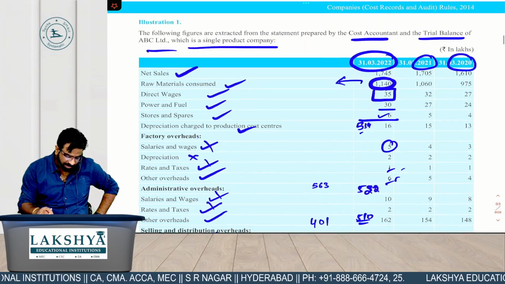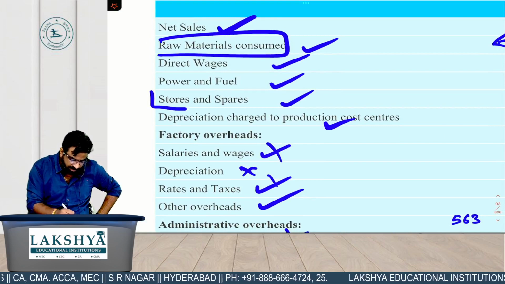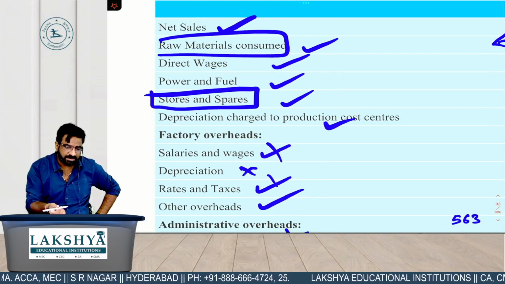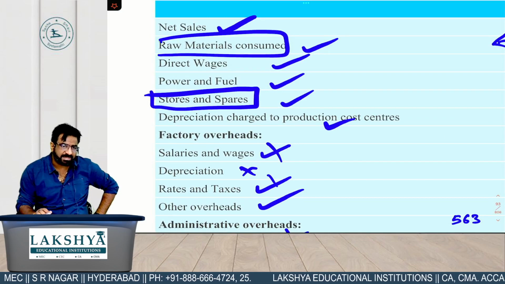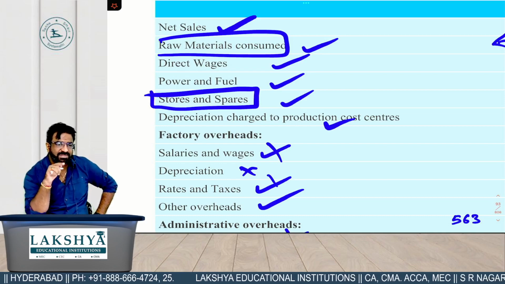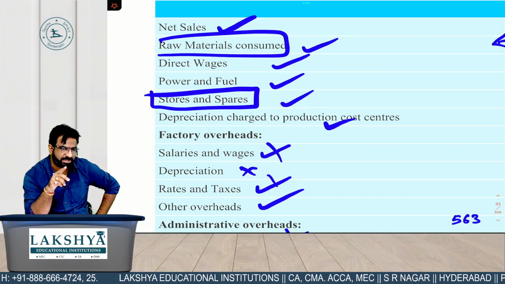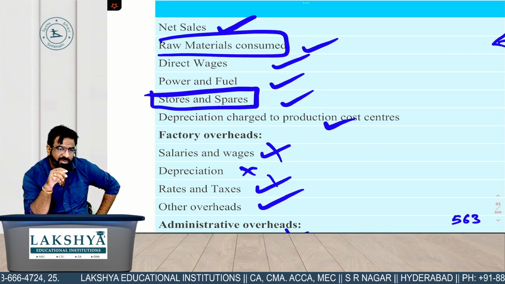हाँ, तो हम लोग रॉ मटेरियल कंज्यूम माइनस कर रहे हैं ना. रॉ मटेरियल कंज्यूम में रॉ मटेरियल कंज्यूम प्लस स्टोर्स एंड स्पेयर्स. डायरेक्ट वेजेस कहाँ आएंगे? दैट इज एन एक्सपेंडिचर, दैट इज नॉट अ रॉ मटेरियल कंजम्पशन ना. डायरेक्ट वेजेस you will consider when you are calculating the operating profit, not the value addition. Direct wages are not doing any value addition.